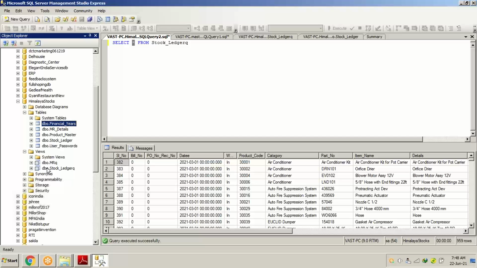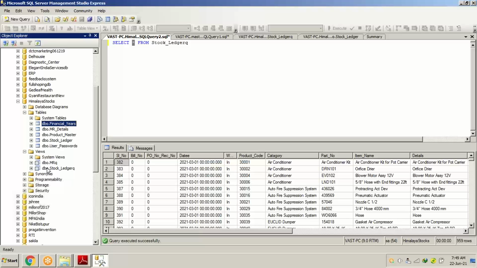It will be easy for you to understand and point things out if you create the names of tables and views differently. If you have created MR details as a table, you should not make a view with the same name.